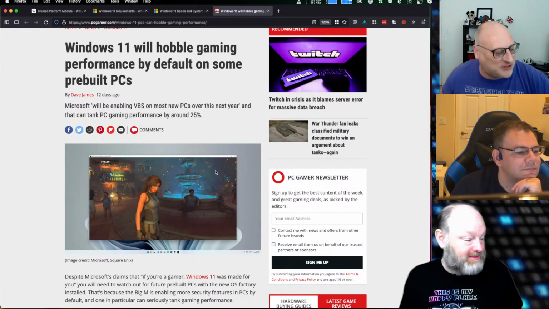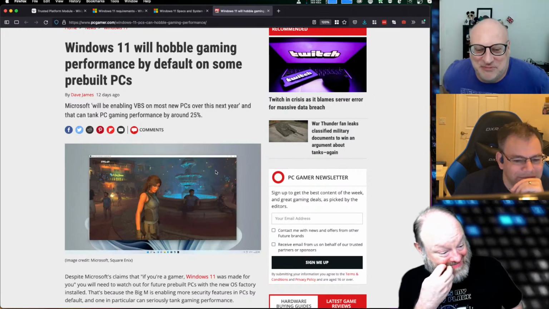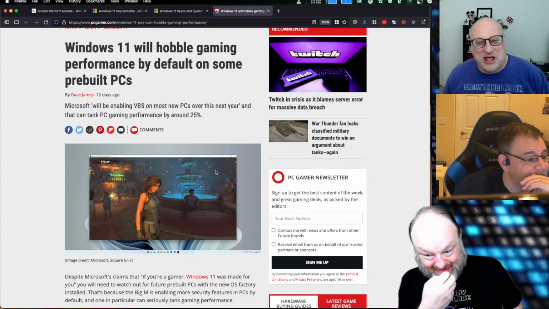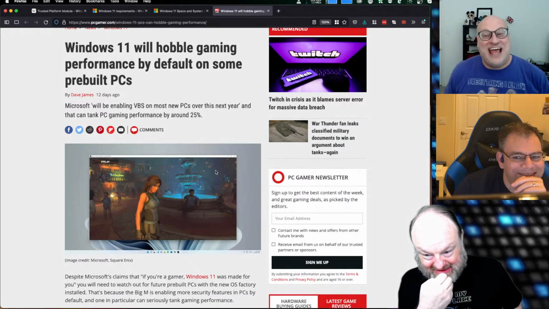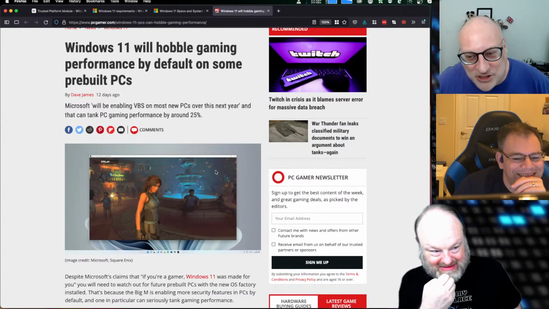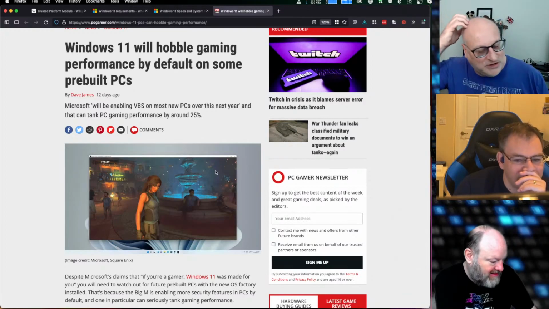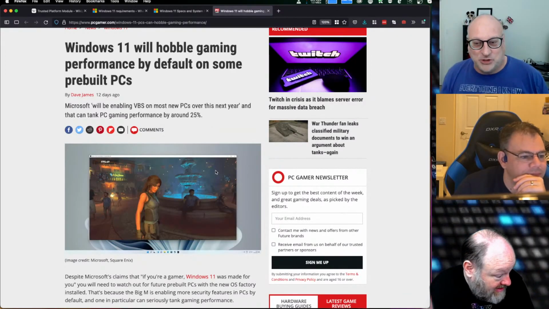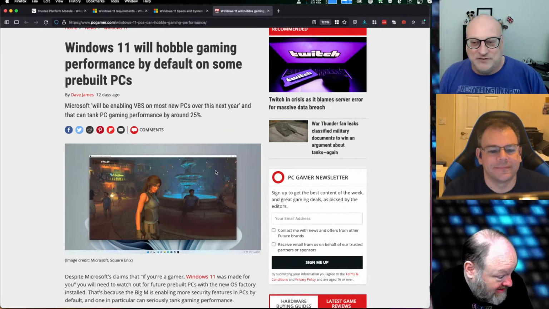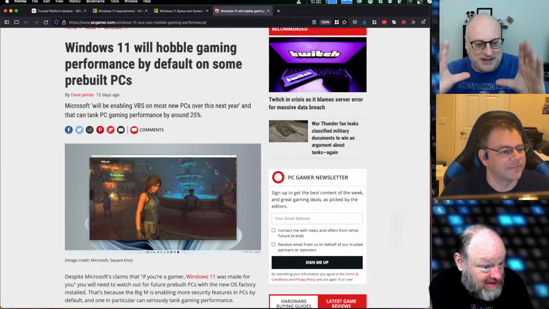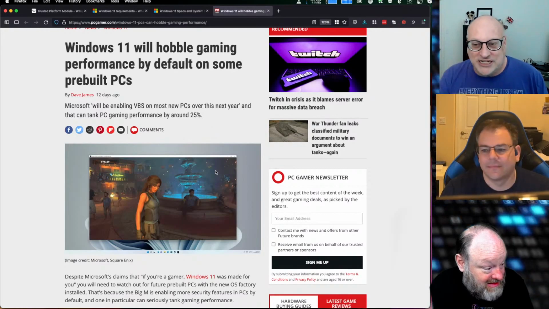You forgot to tick the box that said exit the Windows Insider program with the next major release of the software. And guess what? I ticked that box on my Surface Go because I'm like, yeah, cool. I've been testing it for ages because obviously I have to test my software to make sure it works on Windows 11. Had it on a Surface Go because it's a nice little cool laptop about that big. And I ticked the box to say